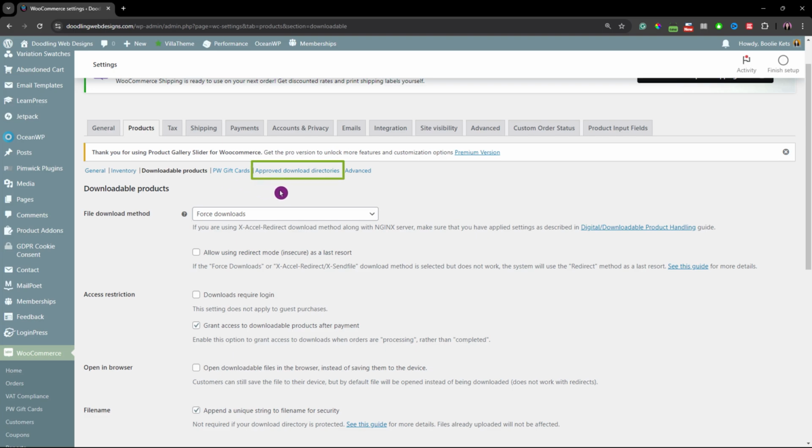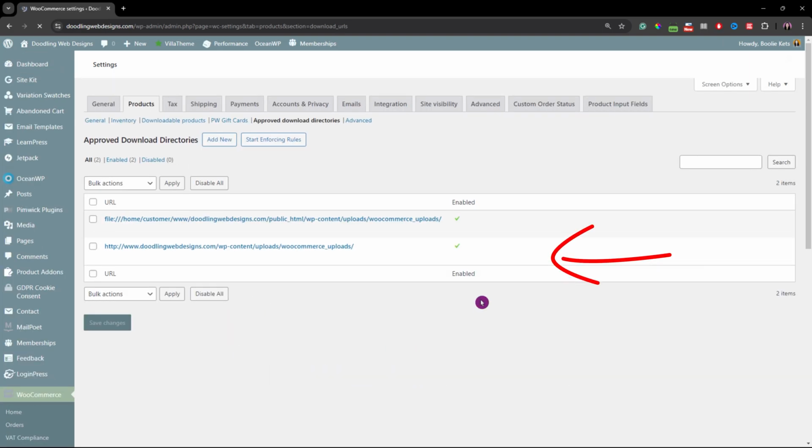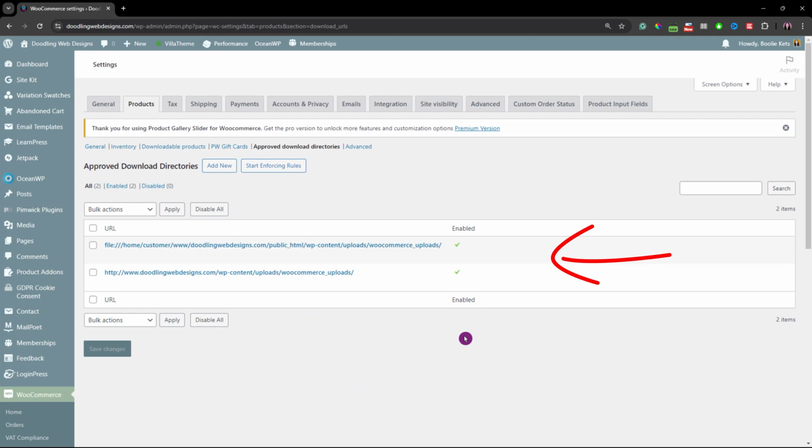The next one is approved download directories. This feature in WooCommerce is used to manage which directories can store downloadable product files. It's useful for selling downloadable products, multiple users, and company policies so that you could set up different directories for them. If you don't need all the new directories, you could leave them as they are set up by WooCommerce